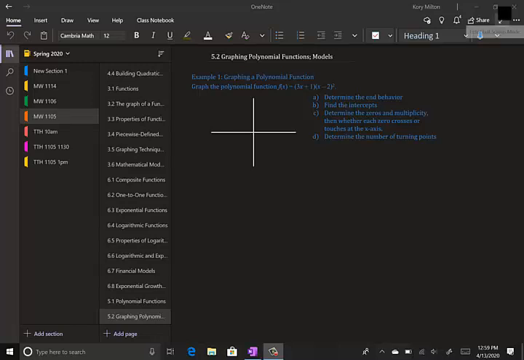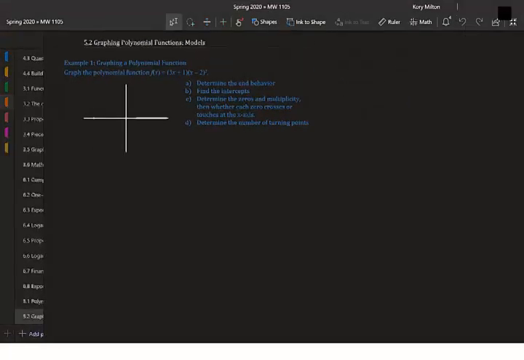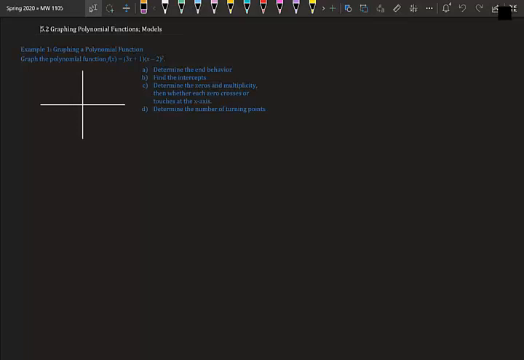Graph and polynomial functions and models. So we are going to graph this using intercepts, multiplicity, zeros, and then turning points. That's how we graph polynomial functions. So everything we've been finding up to this point, it's important because that's how we're going to find everything we